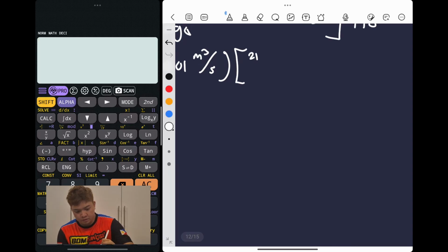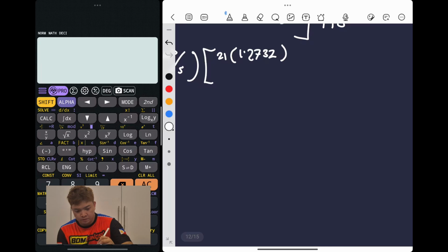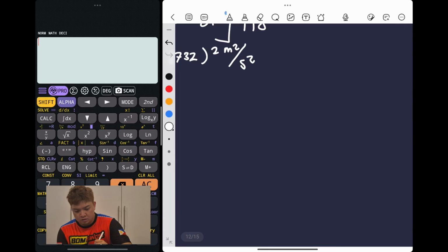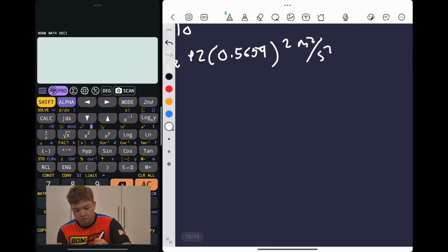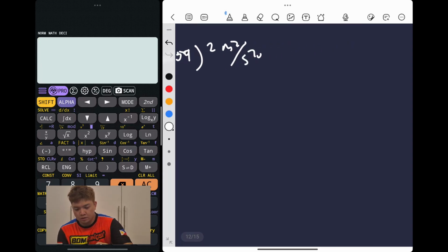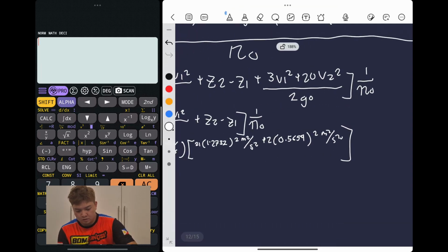Is this correct? Our B2 is 21, 2732, and squared, minus squared second squared, plus 2 B1 which is 0.5659, sorry, 9, close squared, and 2 second squared, then close parenthesis, all over